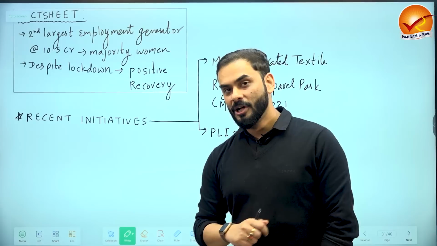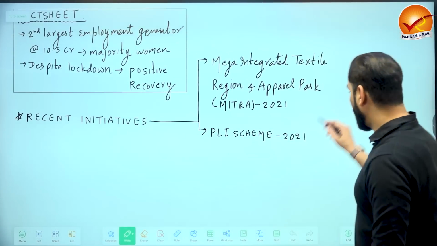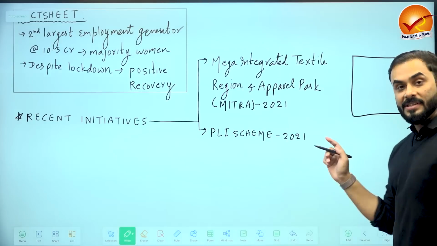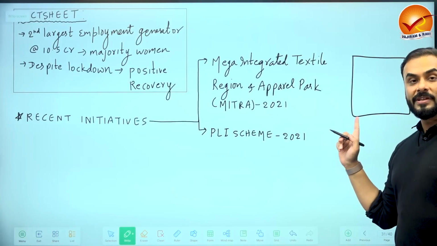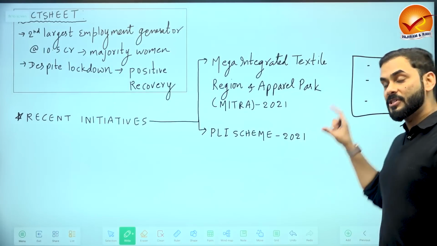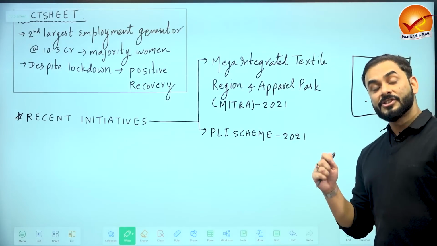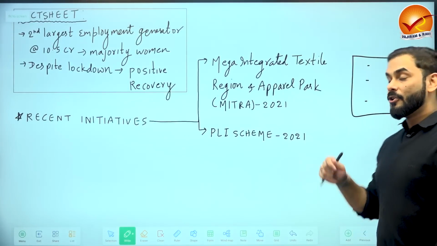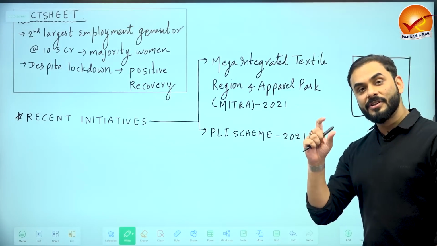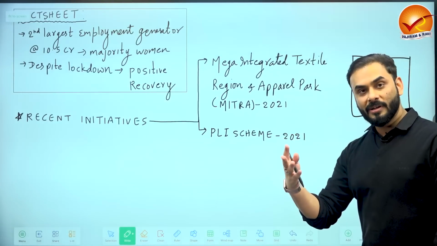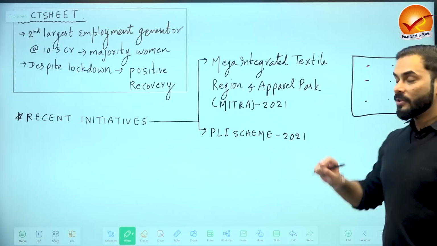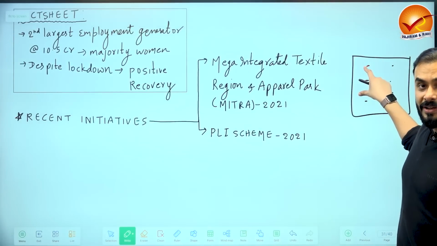So I'll give you an example. The Government of India will, for example, take this region, and provide basic infrastructure facilities like warehouses, like electricity, etc., in this particular area. And the government will develop this area as a textile park, whereby raw materials can be brought. Then the textile industry can use the raw material to create the final product, and from here the product can be sold in India and exported also. So the basic infrastructure facility related to these activities will be provided here.